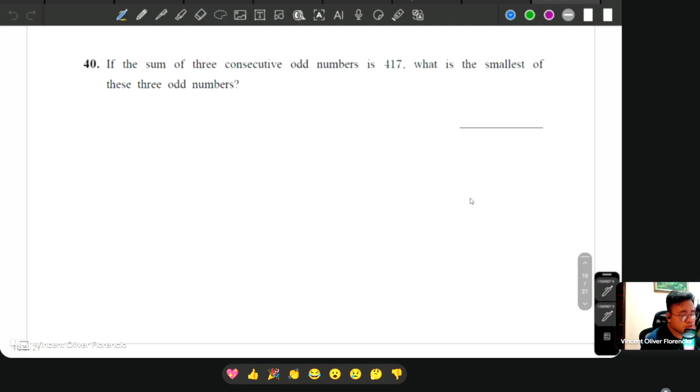This one here, consecutive odd numbers. So actually, there are different ways of writing odd numbers. For example, if you started with 1, examples of odd numbers are 1, 3, 5, 7, right? The pattern is you keep on adding 2, right? So if you represent that using a variable, that will be like what? If you start with n, the next term is going to be n plus 2. The next is n plus 4, n plus 6, like that, because their difference is always 2.